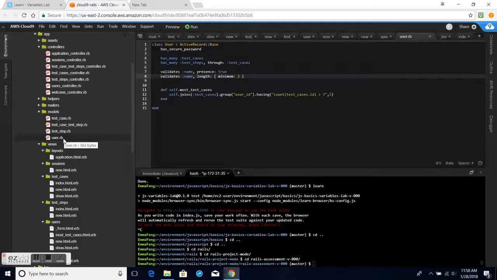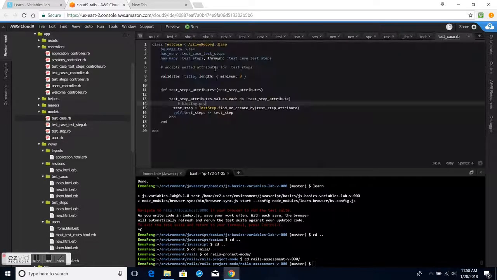This is my user's model class. User has many test cases and has many test steps through test cases. A test case has many test case test steps, so this test case test steps is a join table with the order of the steps. When you create a test case, there are step 1, step 2, step 3. So that is this step is a submittable